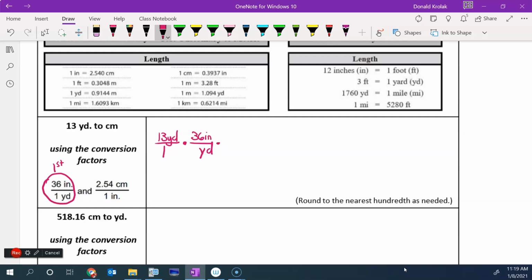Now that tells me my next one has got to have inches in the denominator. So I can use this one right as it's written. I just go through and start canceling. And I'm left with